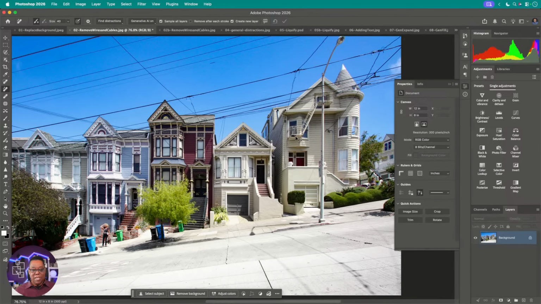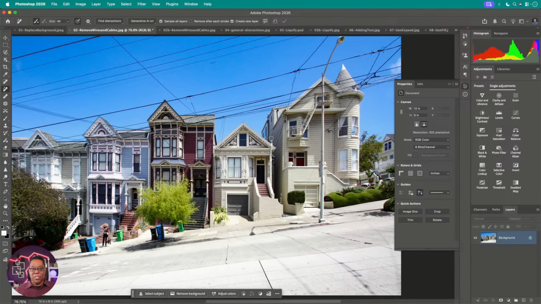the houses. Now, before anyone screams at me and says, well, that's the aesthetic of the street, those are the wires that are supposed to be there, then this is not for you. Leave your wires there. This is for people that do want to get rid of them. They find them as a distraction. So everything's a choice. You don't have to do it. If you want to keep the wires, by all means, keep the wires. So anyway,